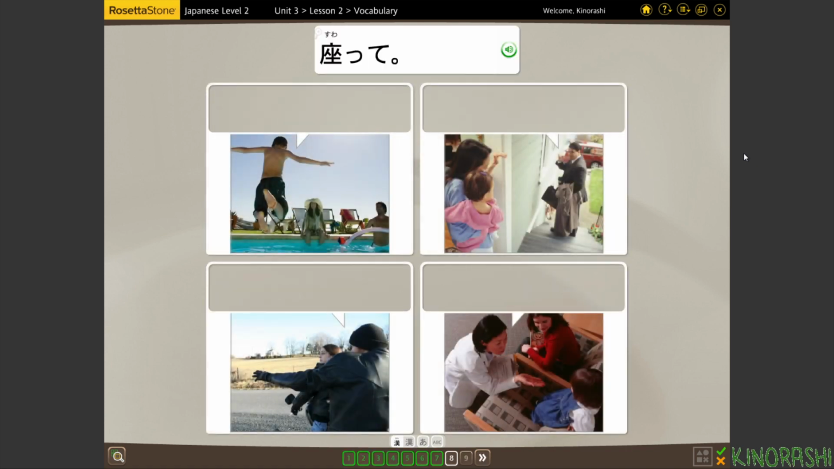座って、座って。Notice it's like two people sitting down, aka it means to sit. And it's in the